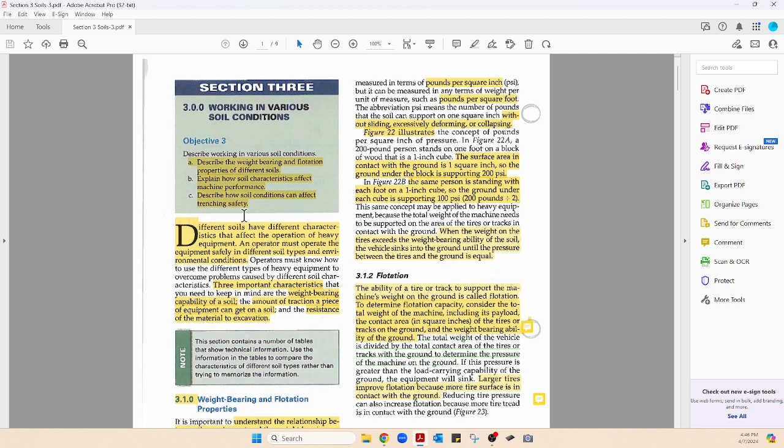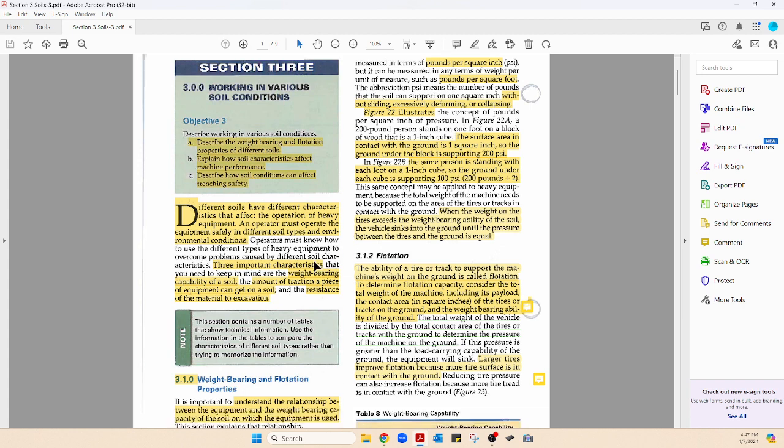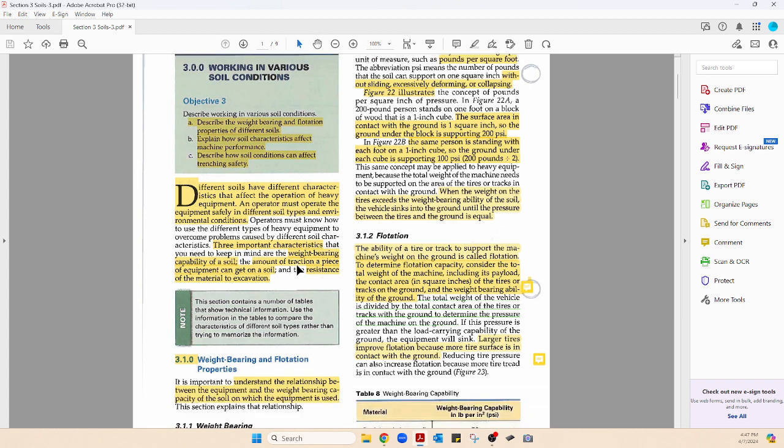Well, water, that's the first thing that comes to my mind. And then when you have class C soil, it's coarse grain stuff. Coarse grain is good for upright walls and solid rock, but class C granular soils are not good for trenches because they tend to slab off, cave in, etc. Moving on, different soils have different characteristics that affect the operation of heavy equipment,